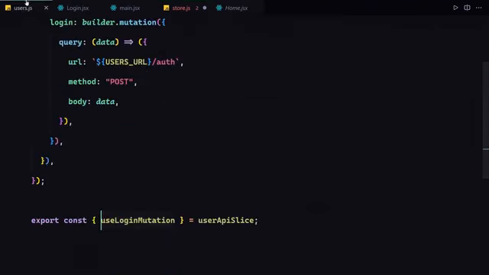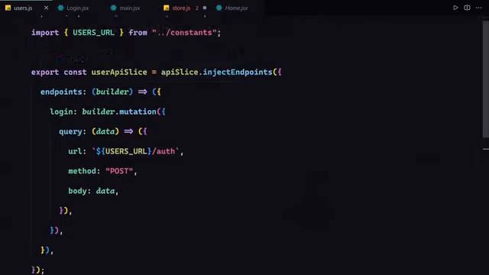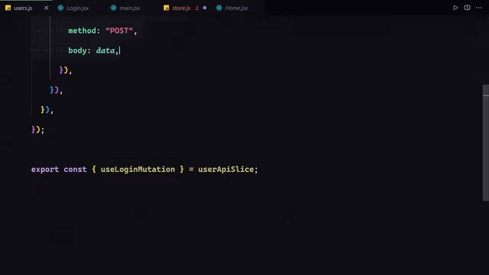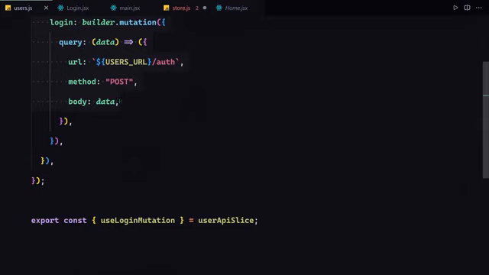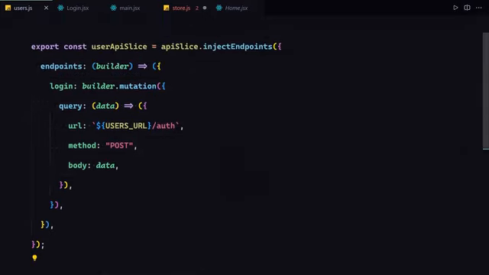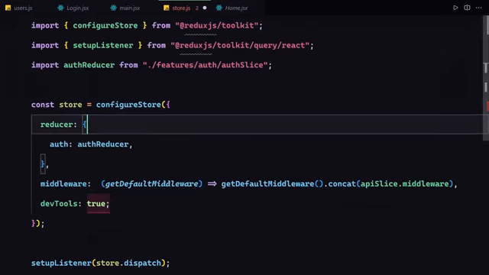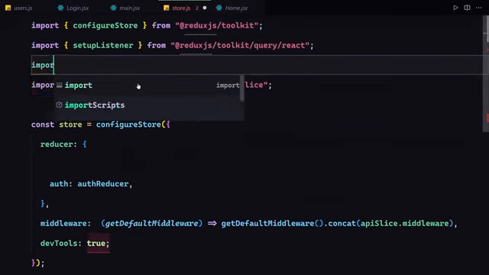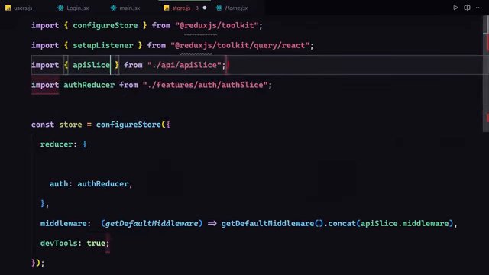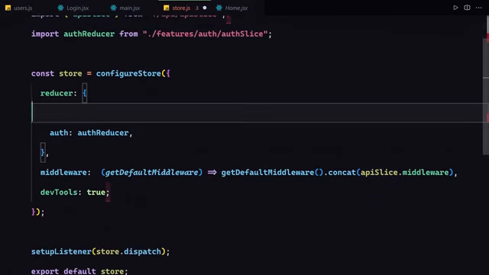So now let me just go to my users, and here you can see we are creating the endpoint, and we are setting almost all of the RTK query, and we are even creating a hook based on that, but we are not registering that inside our store. And now let's just do that. Okay, so what I want to do is that to grab my API slice. Let me just hit enter right here, and now let me just place that right here, API slice,